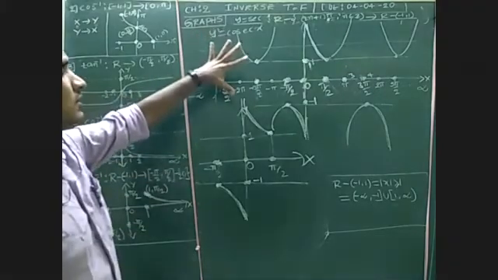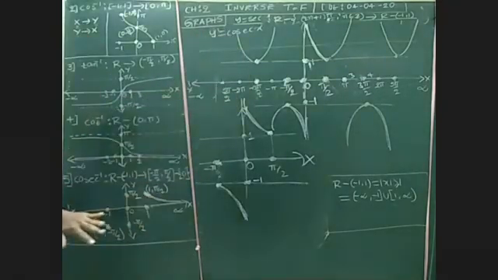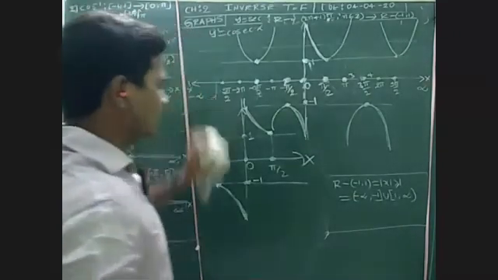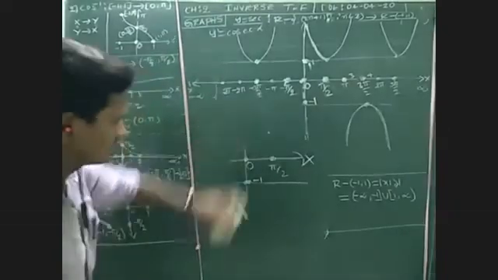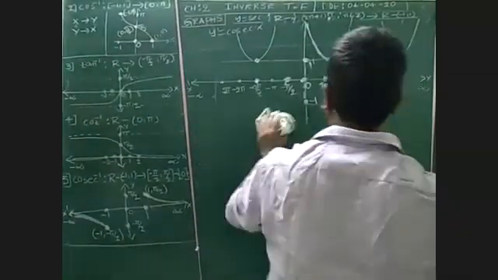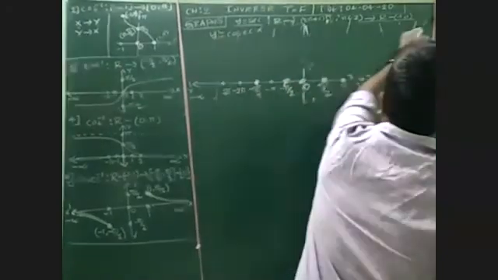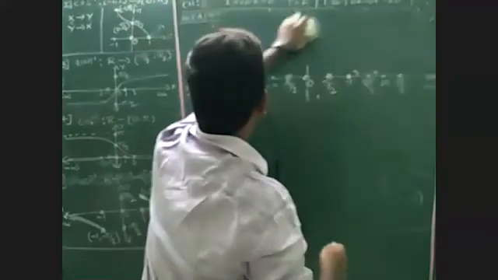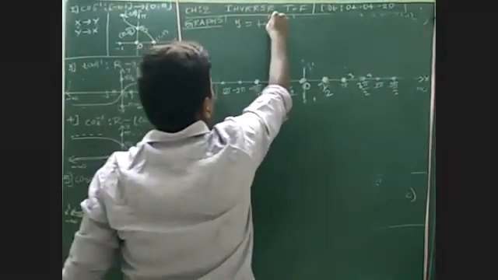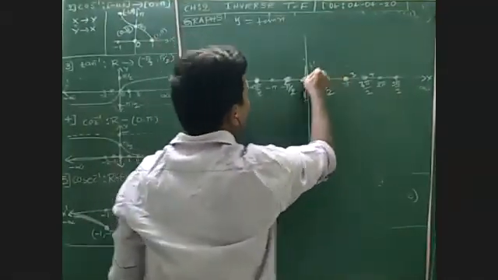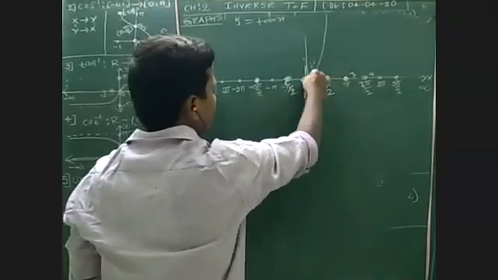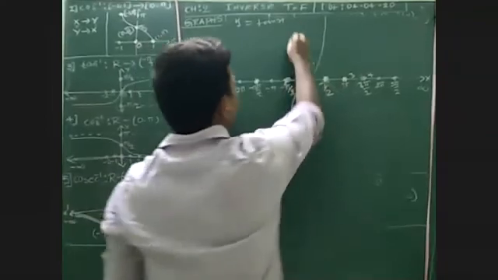If you understood cosecant x, it is very easy to understand. In the same way, if you understood tan, it is very easy to understand tan inverse. I'm going to explain next. Let us see the tan graph. What is the graph of tan x? Y is equal to tan x. What is tan 0? 0. Tan 90 is infinite, undefined. Tan -90 is minus infinite. Okay, you get it?